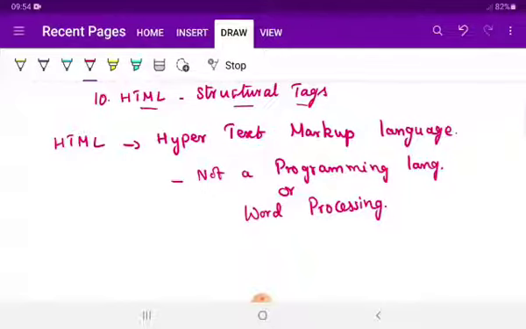Before HTML, there was another markup language, that is SGML. What is the expansion for SGML?